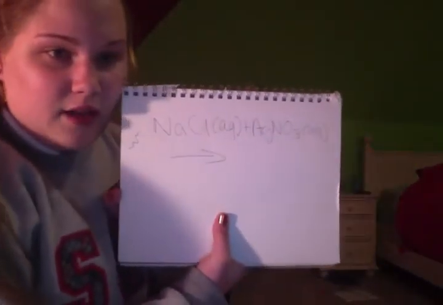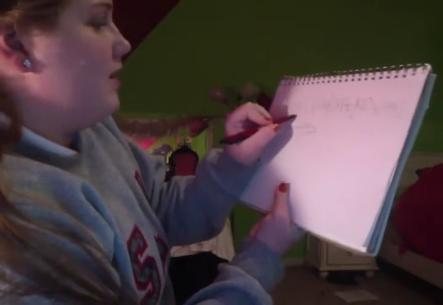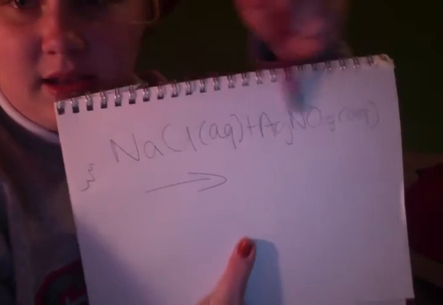Okay, we are going to do a molecular equation to a complete ionic equation to a net ionic equation. So you start out with NaCl(aq) plus AgNO3(aq). And that's when you need to find the end of the molecular equation. You get the beginning of that and the end of that one, and you put them together,